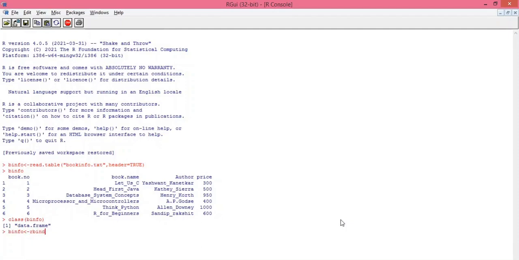I am adding new row by using rbind function here, binfo.